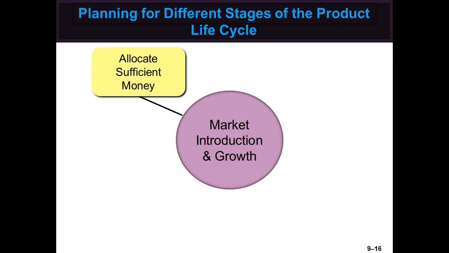Where a product is in its life cycle and the length of the cycle both affect marketing strategy planning. Marketing managers must allocate sufficient money to cover the costs of introducing new products such as design, development, and packaging. Planning must specify how the new product will be distributed, which means setting up channels of distribution. Promotion must sell the whole idea, not just a specific brand.